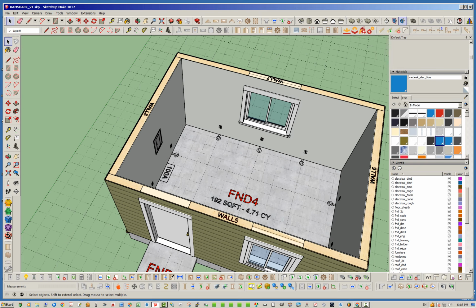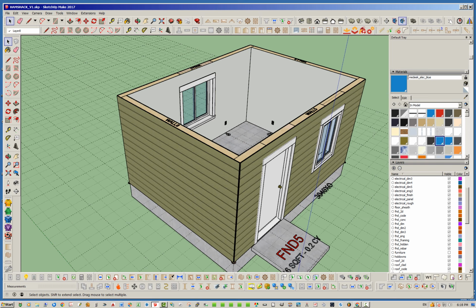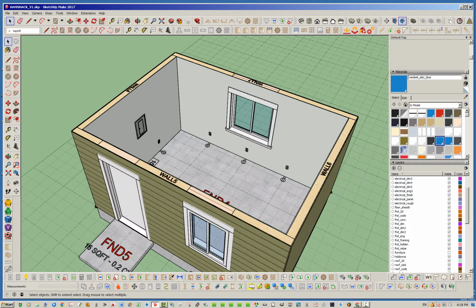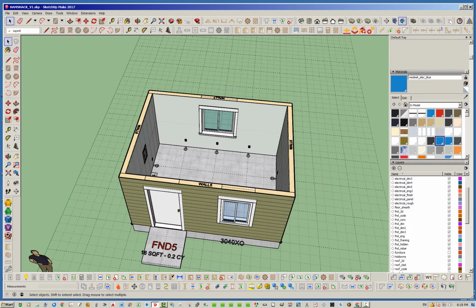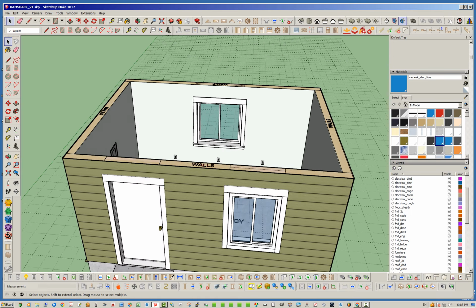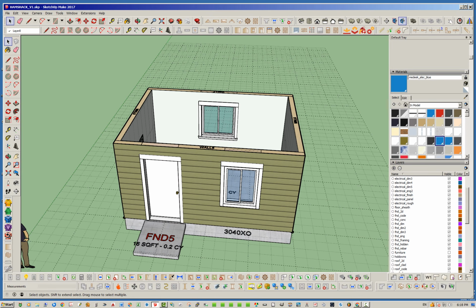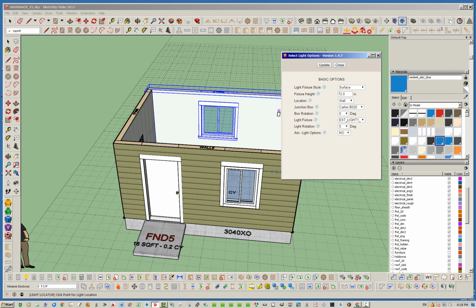I'm not going to put all the wiring in or the exterior where the power, it's going to have a drop coming down here, and then it's going to be trenched obviously to the house. So that's a whole other thing. But let's go ahead and just throw in a couple exterior lights. I don't particularly have a good exterior light that I want here. I haven't added it into the library recently, which I do need to do. But let's just